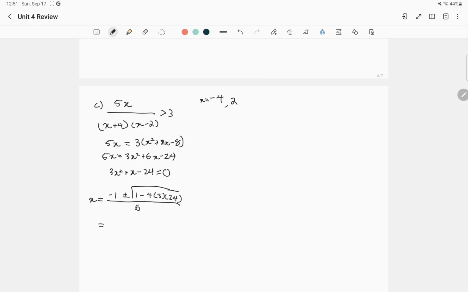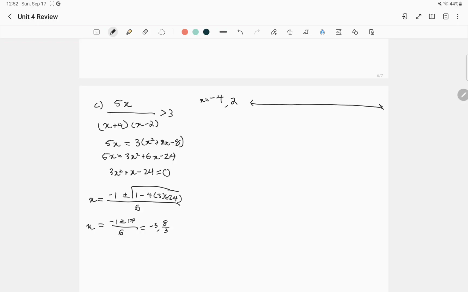Using a calculator in that radical, it's 1 minus 4. Oh, I should probably note that this c is negative. That will help us. Times negative 24. Okay, so it's equal to 1 plus or minus 17 over 6, which is equal to negative 3 and 8 over 3. So this gives us 4 critical points that we need to test, which is 5 spots we need